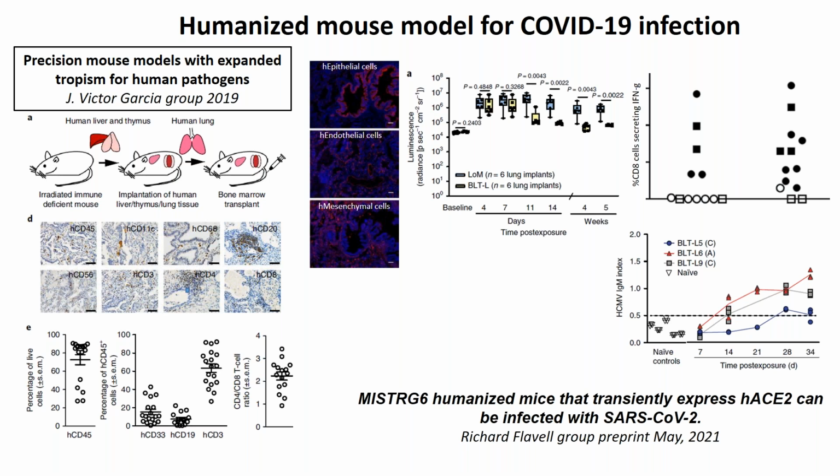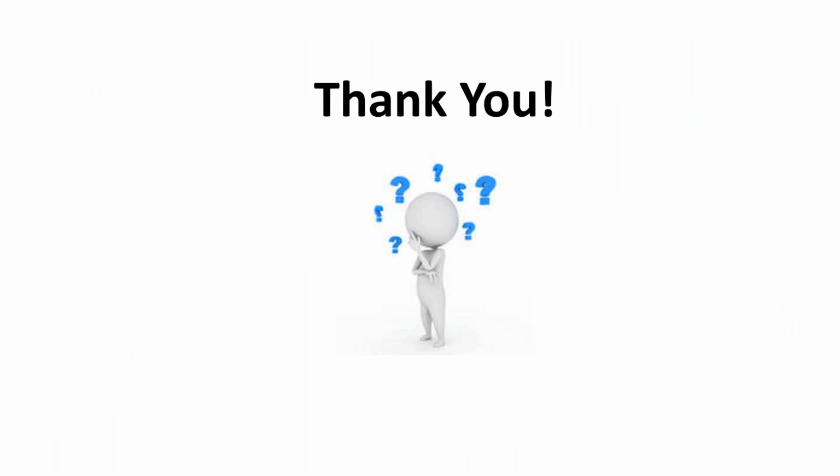And actually, MISTRG6 is the same as SGM3 animals, except that it is on the RAG background instead of NSG background, and it has a transgene for IL-6. This model might also be very useful to study cytokine release syndrome because of the high level of IL-6 present in this system. So with that, I will close my presentation, and